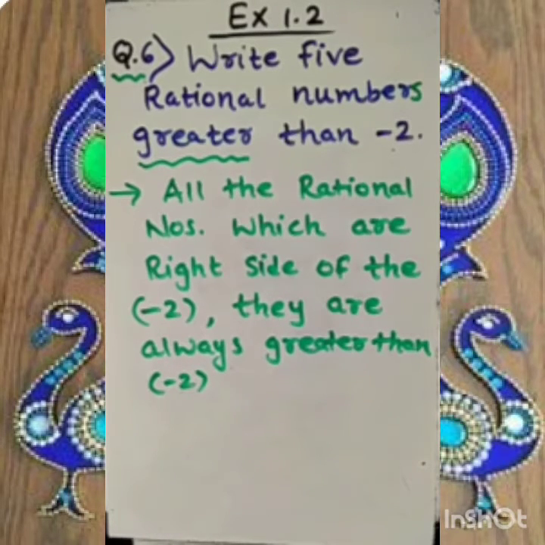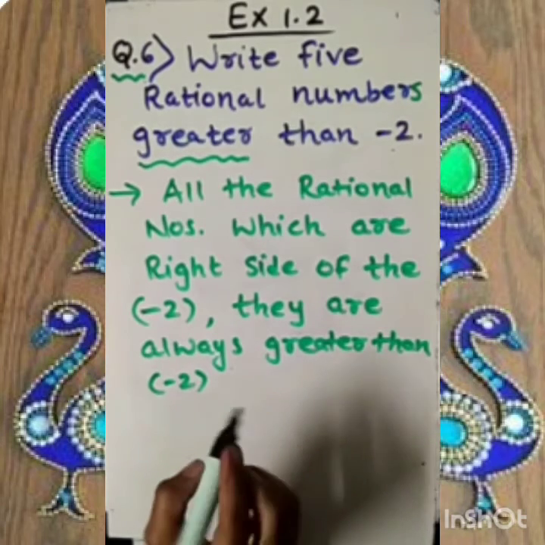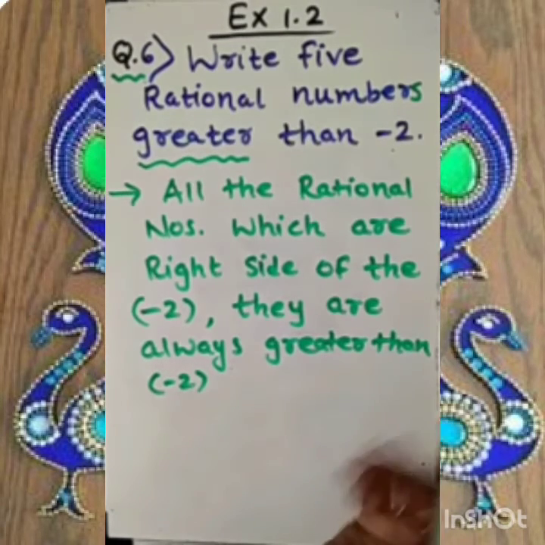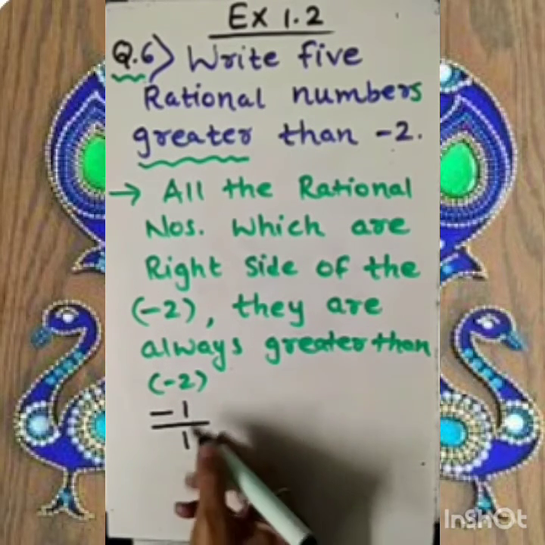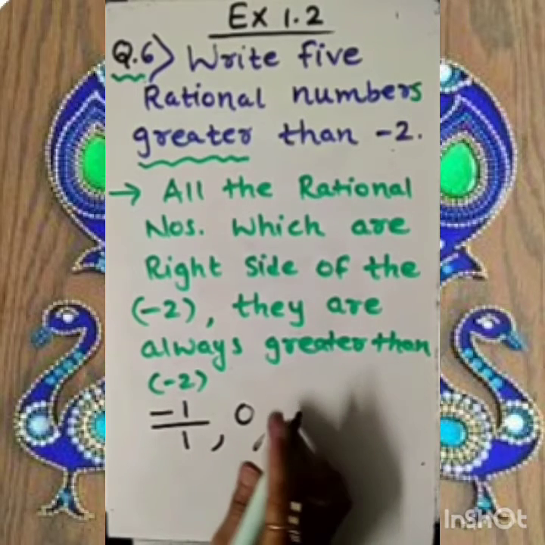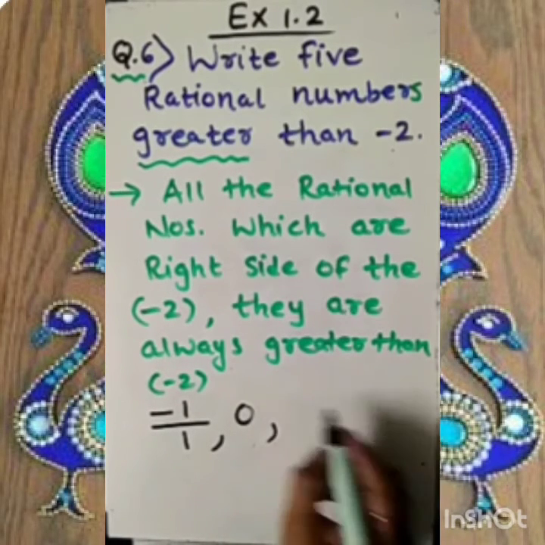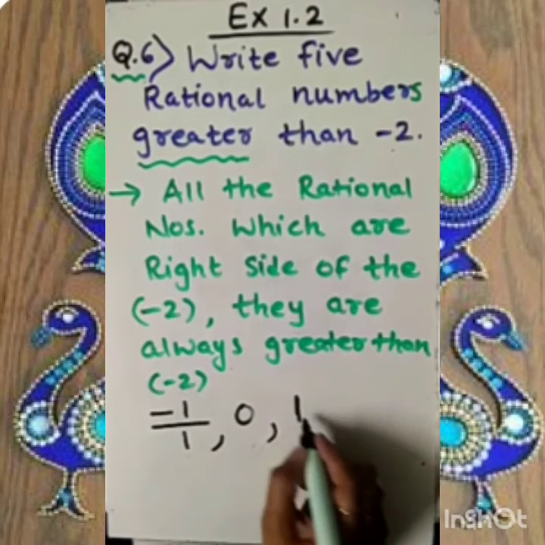And as we know that all the natural numbers or all the integers are always considered as rational numbers. So my dear student, it's quite easy to mention. Simply minus 2 to the right side. So should I write minus 1 upon 1, that is minus 1 also. 0 by 1 also I can mention, because 0 by 1 indicates always 0. Then I need to proceed to any positive number. So here it is 1 by 1.